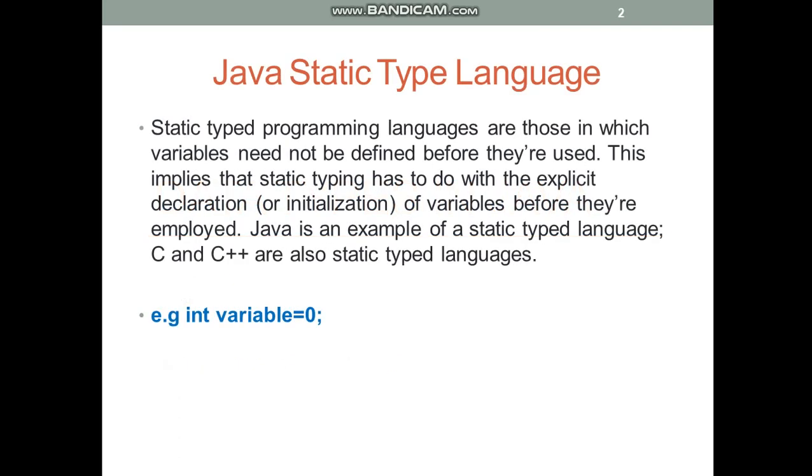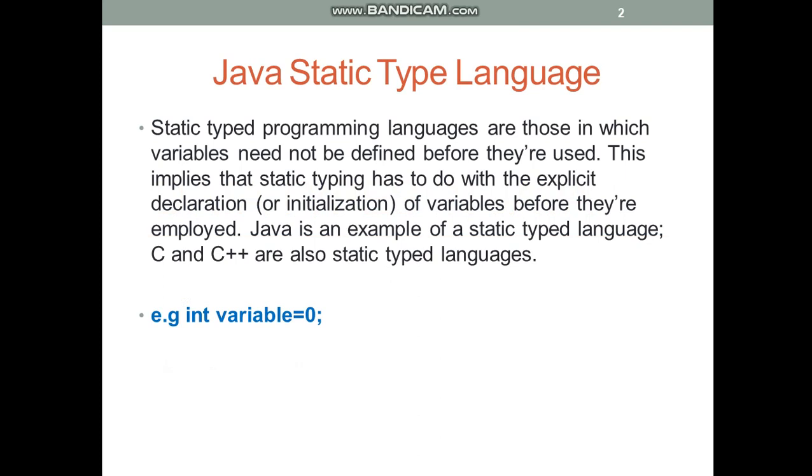Firstly, you need to know that Java is basically a static type language. What we mean by static type language is that when you declare variables, you need to specify the data type associated with that particular variable. That results in static time compilation, so they are named static type languages. In association, we also have C and C++, which are also static languages.